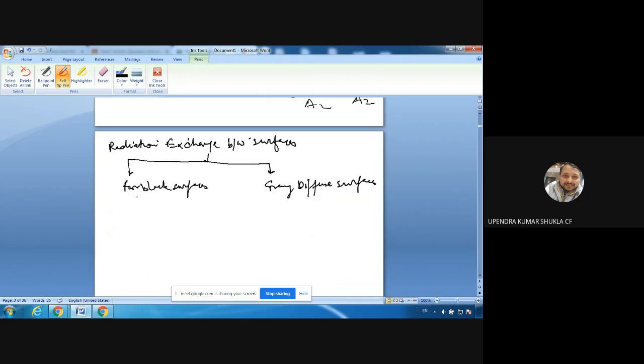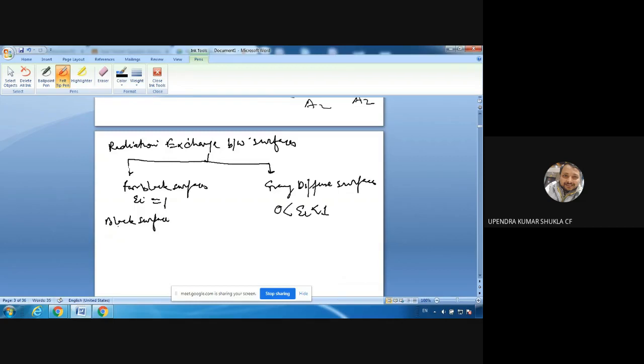For a black surface, as you know, suppose we are talking about surface i, then epsilon i is equal to 1. For a diffuse gray surface, epsilon i would not be equal to 1, but it would be less than 1 and greater than 0. So let's take the very first case, the black surface.